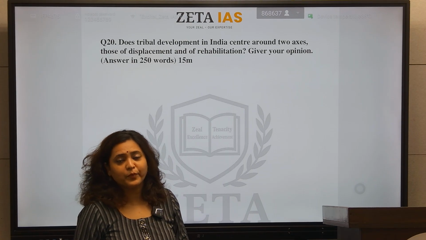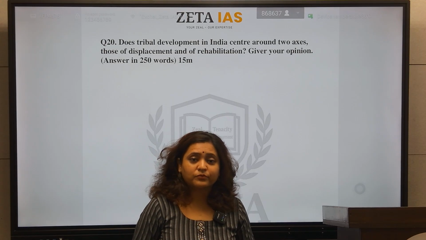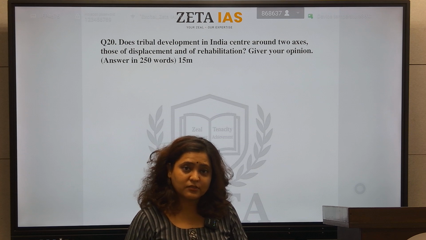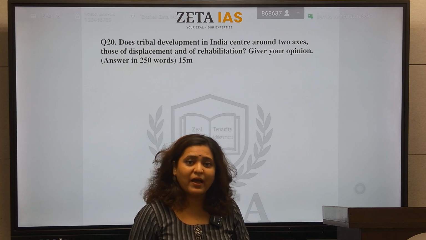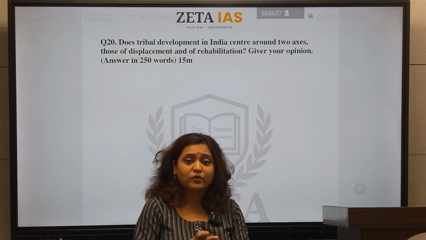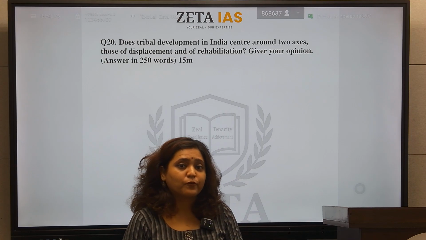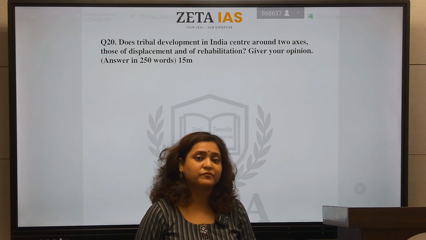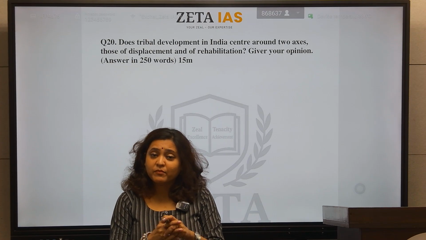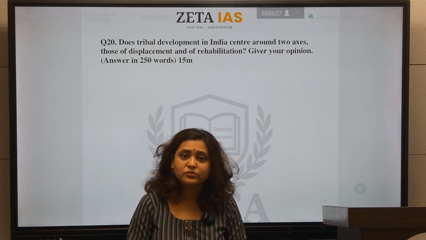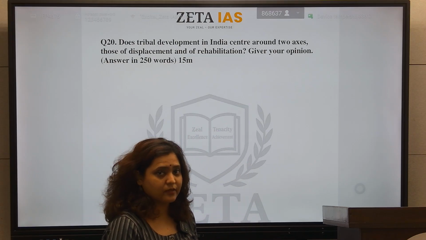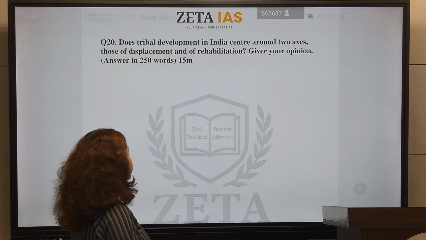it has found a place in the paper because a few months ago the newspapers were talking about the discussions held about the impact of the Great Nicobar project, which is a very big project coming up in the Andaman and Nicobar Islands, and how it is going to affect the lives of the Shompen tribe specifically, and how it is going to result in their displacement and maybe erosion of their tribal values and their tribal habitat. So this is the underlying news for this question.